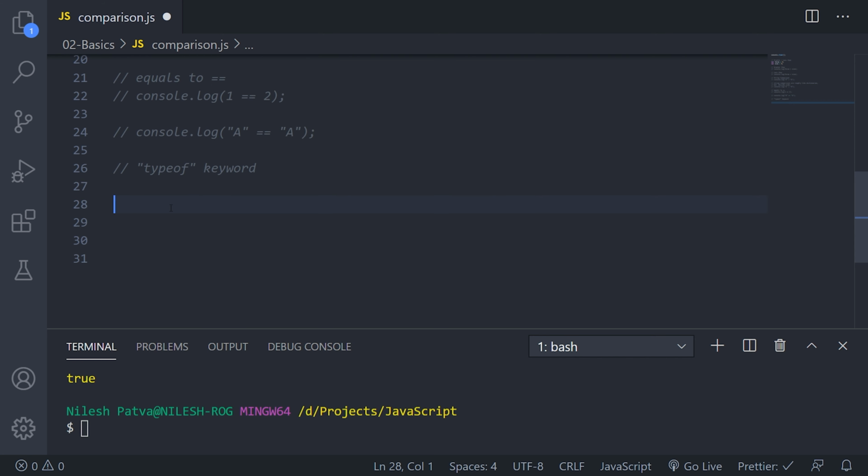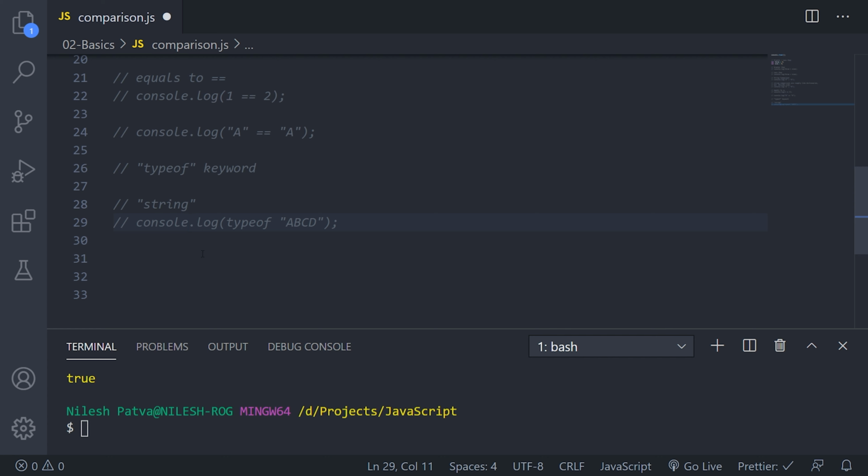Next is the typeof keyword, which is a very important keyword in JavaScript. It will help you while developing applications. In many places you want to know the data type of the variables, which value it is currently holding. As JavaScript is a very flexible language, you can actually assign a number to a string variable and a string value to a number variable. Let's see what this is.